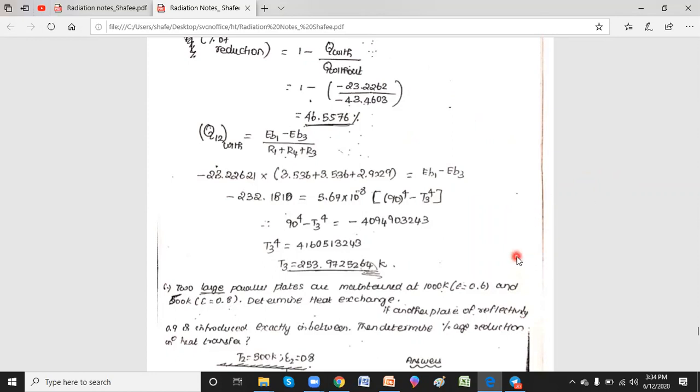We have completed radiation heat transfer in all respects. For any clarification you have, I'll be opening the group and you can put your questions in the group. If you have any further doubts, we'll take further classes. And the next class I'll take completely for a revision of what all we have discussed up to now.